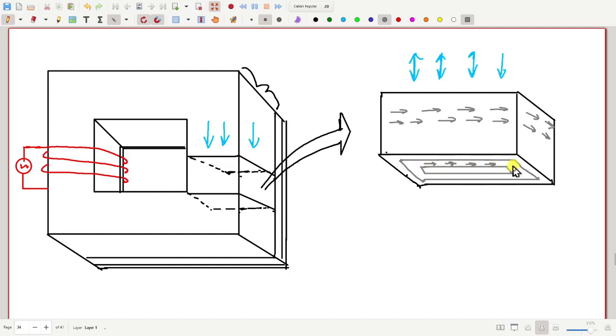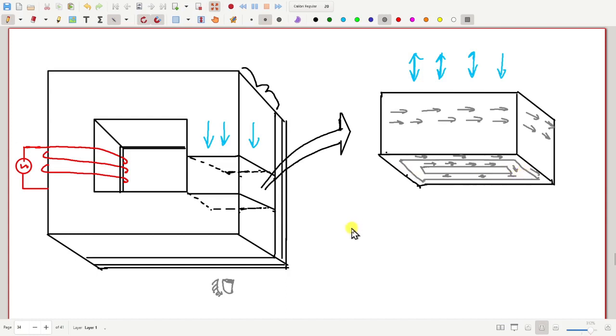Here we have some current, okay, and then here we have some current. Okay, so we are basically looking at it from the bottom, and this is how the